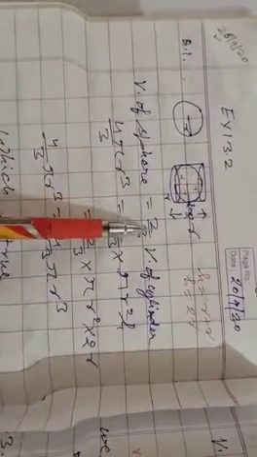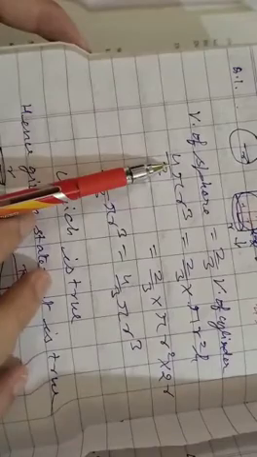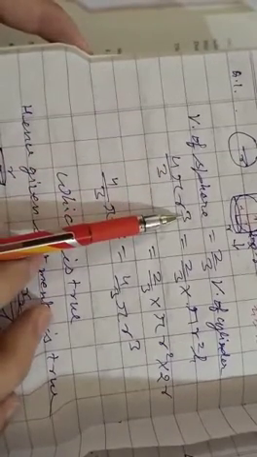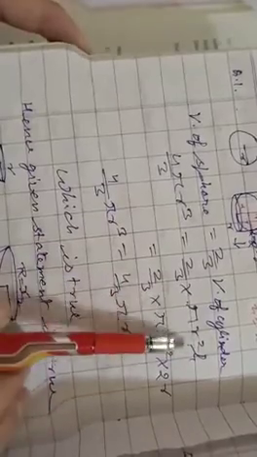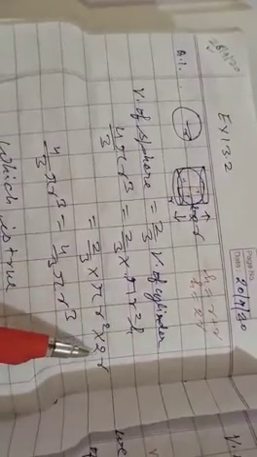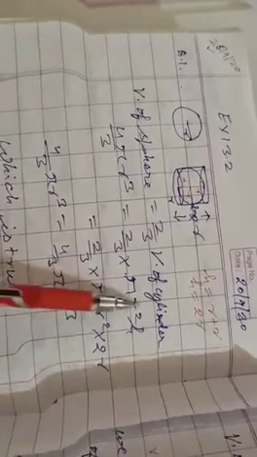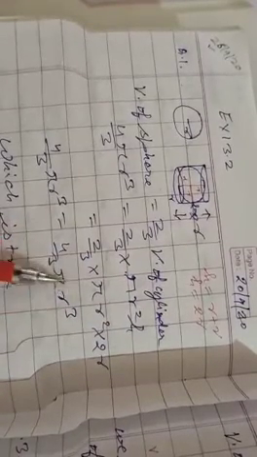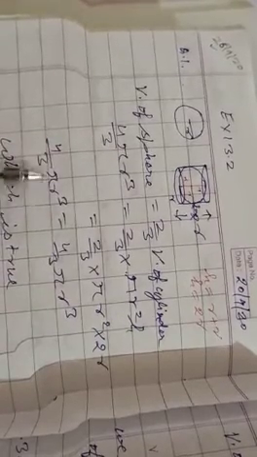Volume of sphere is equal to 2/3 volume of cylinder. So we write volume of sphere 4/3 pi r cube, and 2/3 as it is, times the volume of cylinder, pi r square h. Now the value of h is 2r. So 2/3 pi r square times 2r gives 4/3 pi r cube. Both values are equal, which is true. Hence the given statement is true.